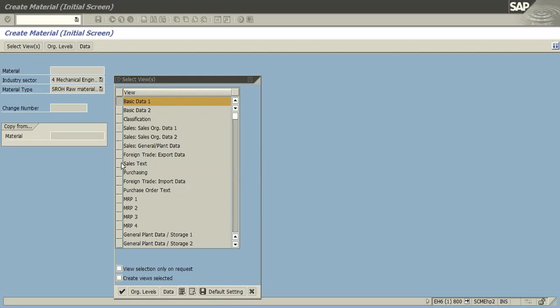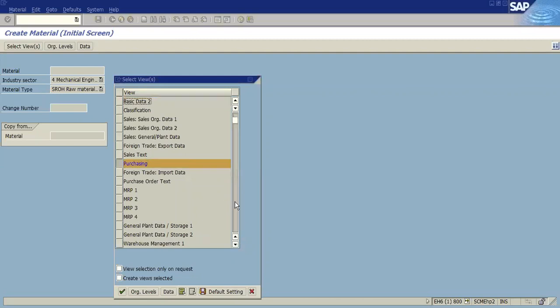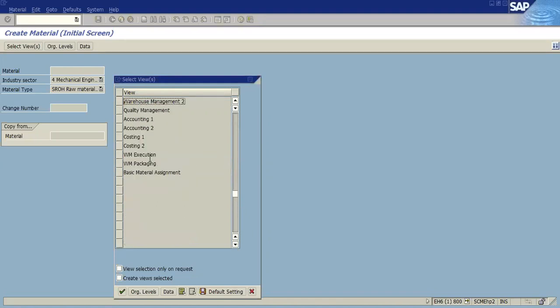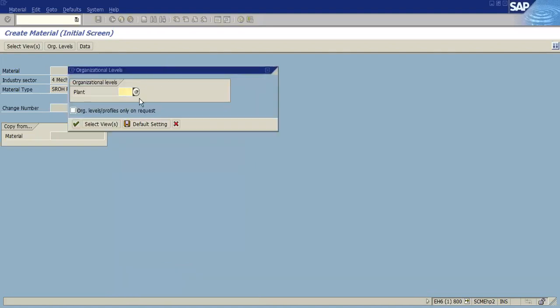Okay. So as of now, I'll be using the basic data, purchasing data, and the accounting data. Once you select the view, it asks for the plant.